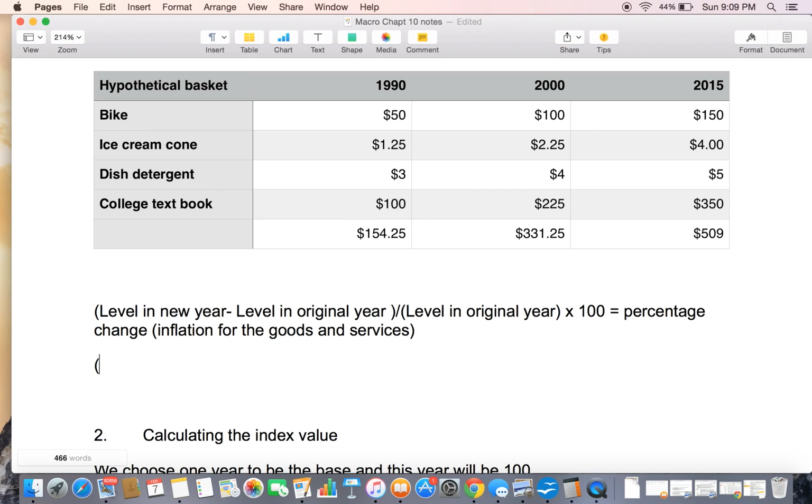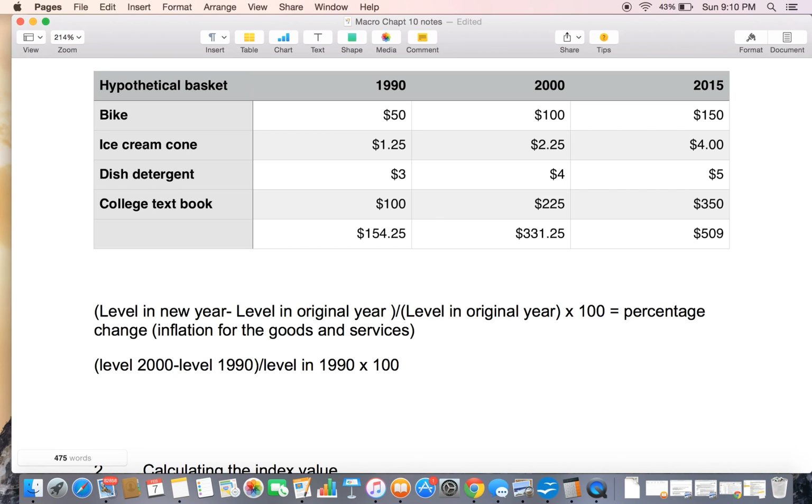I would do this, for example, if we want to look at the inflation between 2000 and 1990. What was the percentage rise in prices between 1990 and the year 2000? We would say the level in 2000 minus the level in 1990, divided by the level in 1990, times 100. If we do the math out, it's 331.25 minus 154.25 over